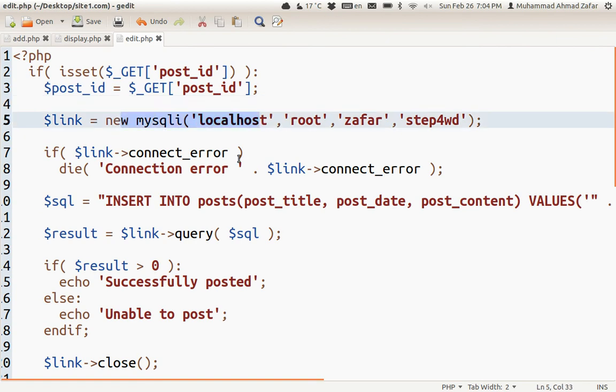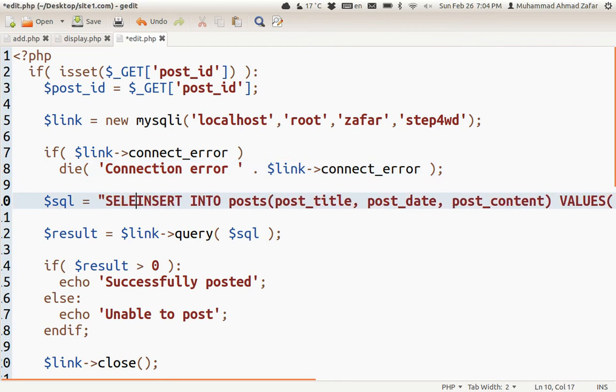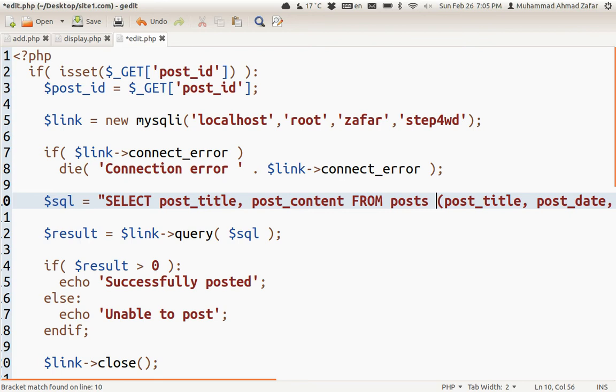Open up the database. This line will remain the same. Check for error, discard it, and now we need to select that record. We need to select the whole record. It was also possible that we passed all the values from the previous page, but this is better. Select post title and post content from the post table where post ID is